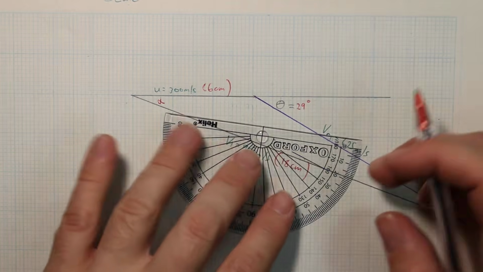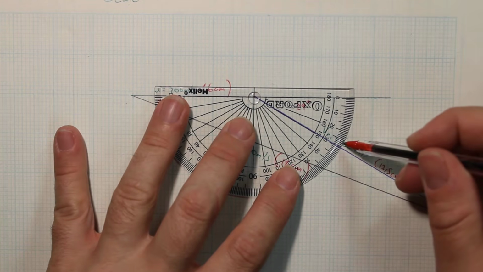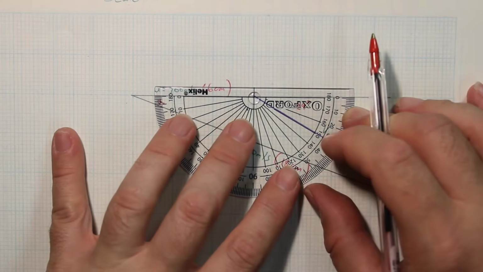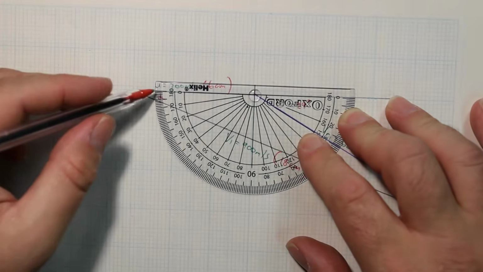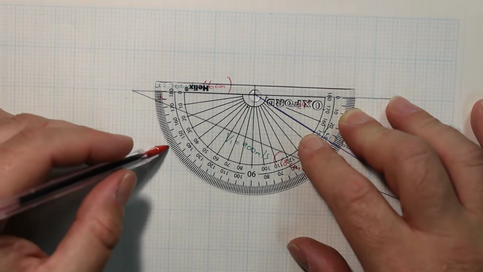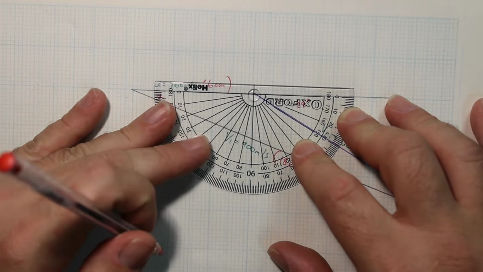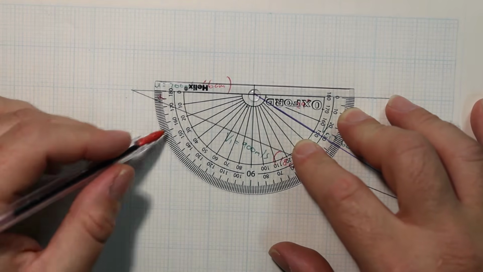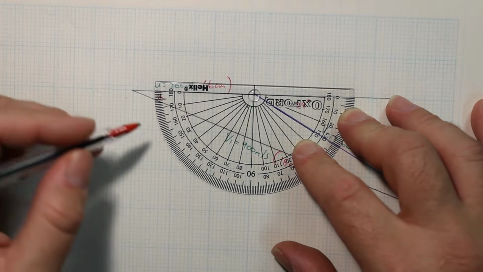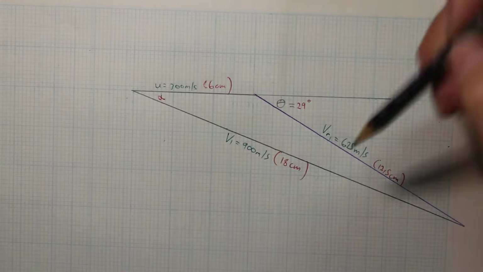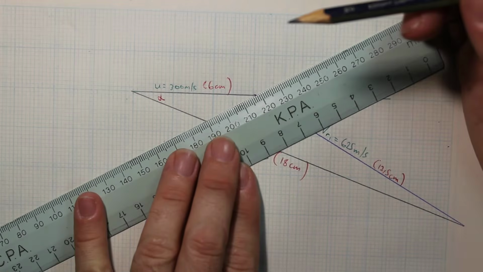Okay, and then you see, we measured for that one, we went like that, right? And then on the outlet, we're going to measure from this side here. So we're going to go from that side 0, we're going to go 29 that way. You've got to use the inner degrees. So 29. We measured our 29 from that side, and then we're going to draw our construction